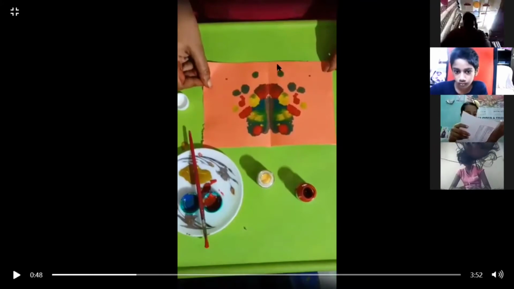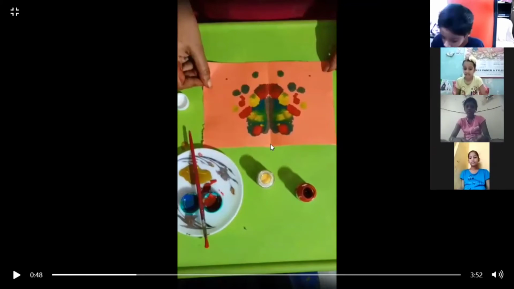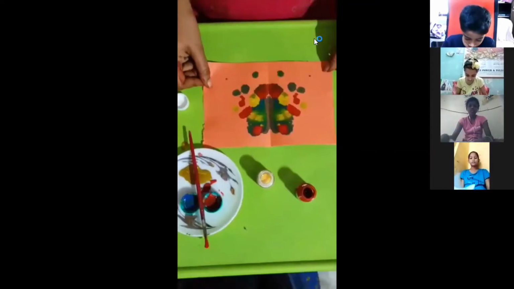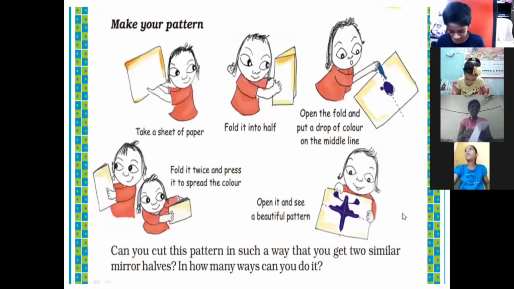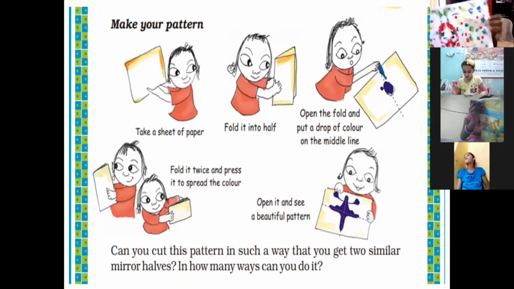So the middle line is said to be what? The middle line divides the picture into two equal halves. So that line is called the line of symmetry. This picture is said to be a symmetrical picture. If you cut along the folded line, you can make the given picture into two equal halves. Yes, very good, Joy.